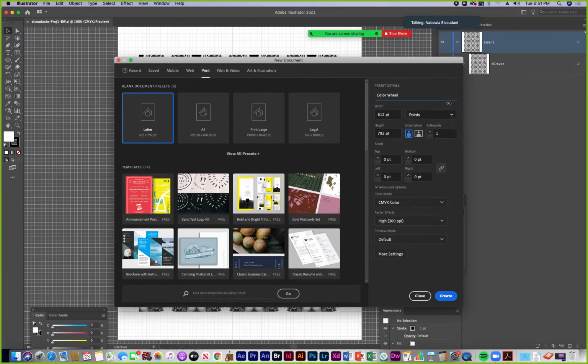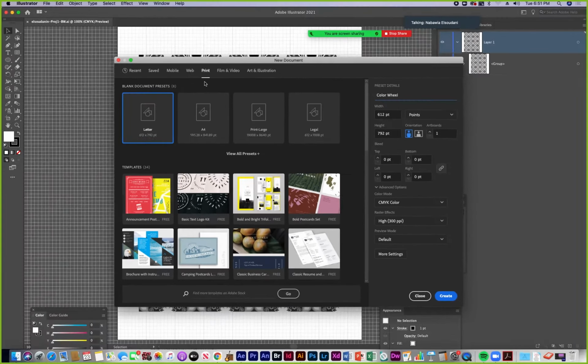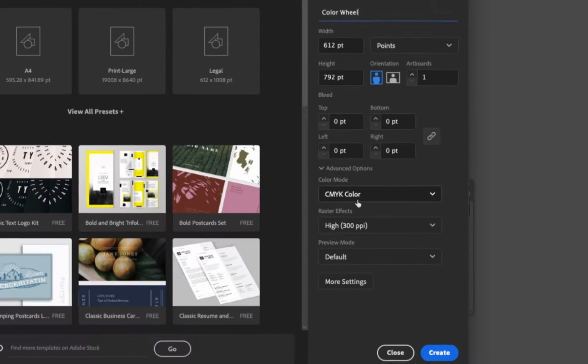And we're going to talk about print settings versus web settings. Normally I ask you to use print settings, and that's to set up your document so that the colors that come up in swatches, and the color choices that you make, are ideal for print, and you're in a color mode that's ideal for print, which is the CMYK color mode.